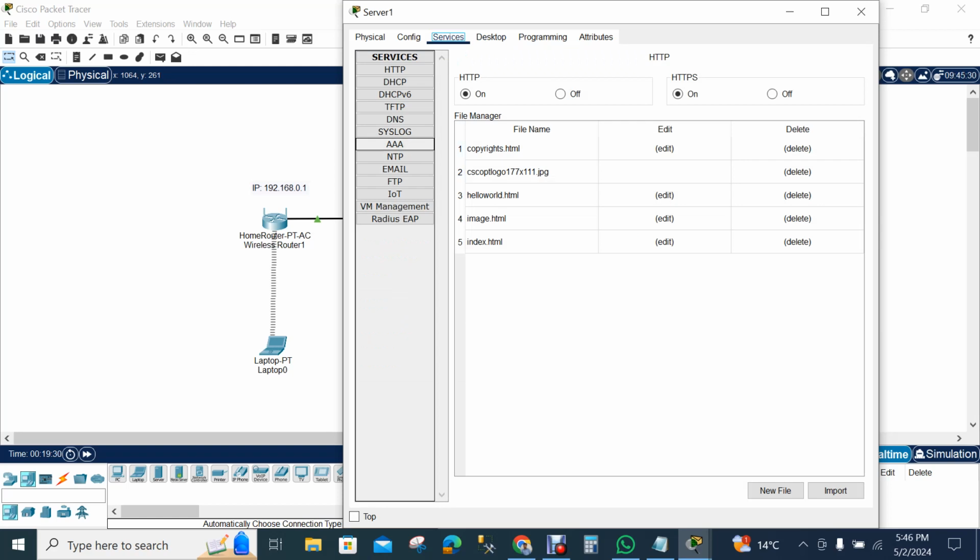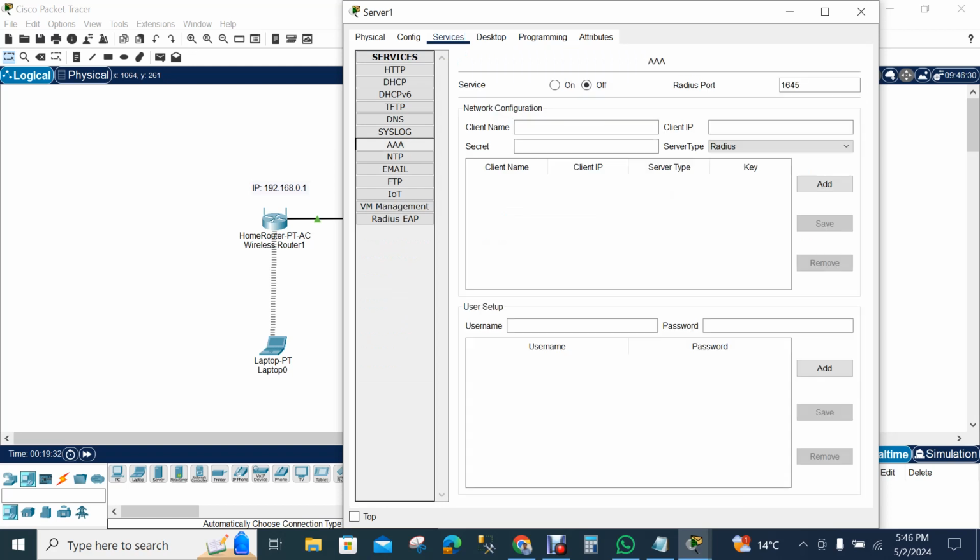From our server I have to declare AAA, and this AAA server is now off. For the radius server configuration with the WPA2 security algorithm, we have to turn this on, and write in our client name, client ID. Our client name is Spider PC,